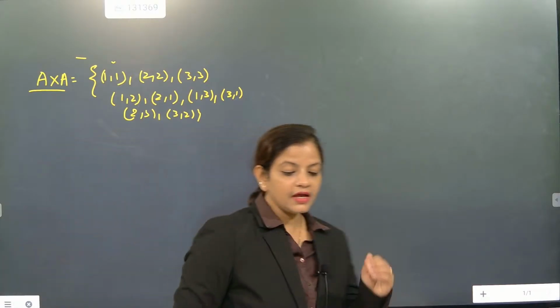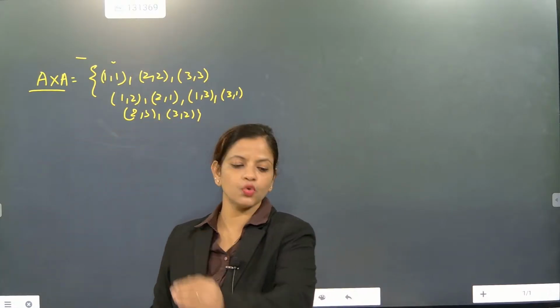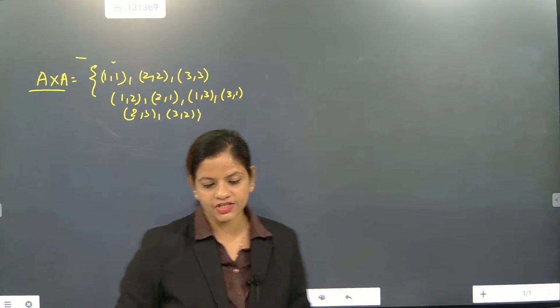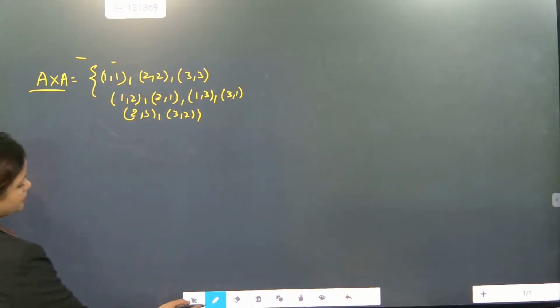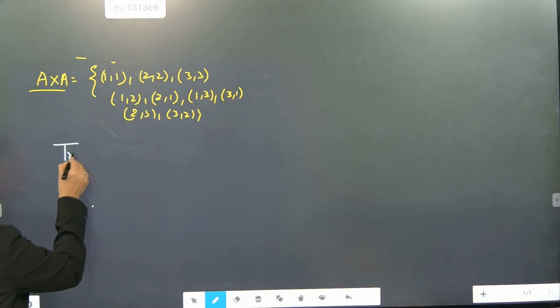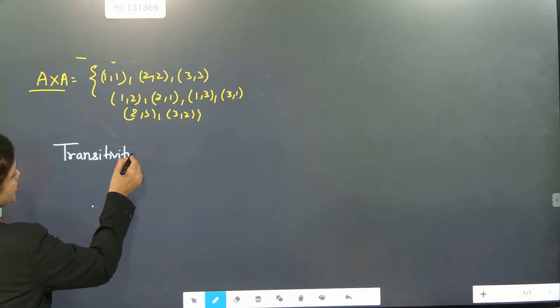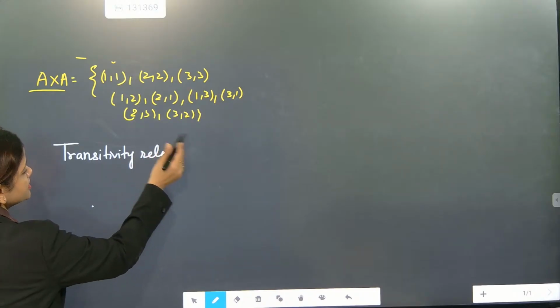Now look here, if transitive relation is to be acceptable for you, how are we going to talk about it? There are two types of transitive relation. First I am going to explain the condition of a transitive relation. Transitive relation says